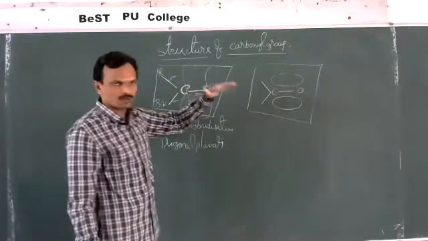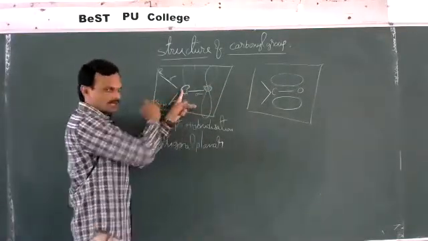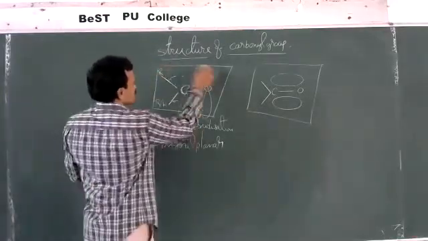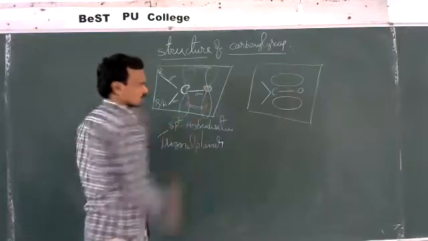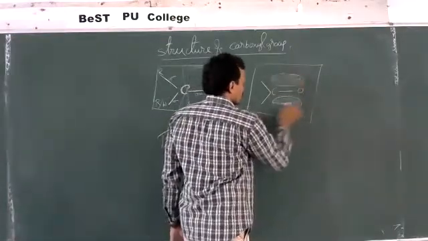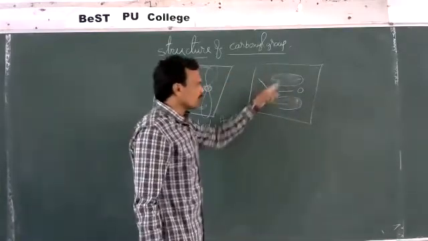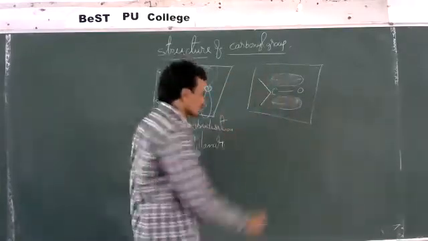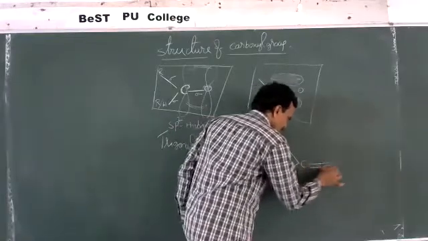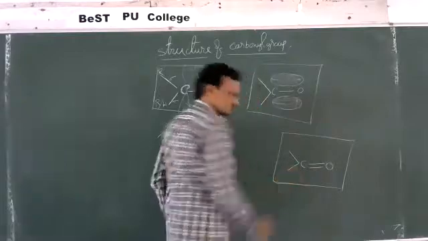Above the plane of the carbonyl group, the carbon and oxygen orbitals are present in a plane perpendicular to the plane, that is above the plane and below the plane. So these two overlap here, these two overlap here. Above and below the plane of the carbonyl group, the electron cloud is distributed. As a result, a pi bond is formed between carbon and oxygen. Simply we can represent it like this, C double bond O.